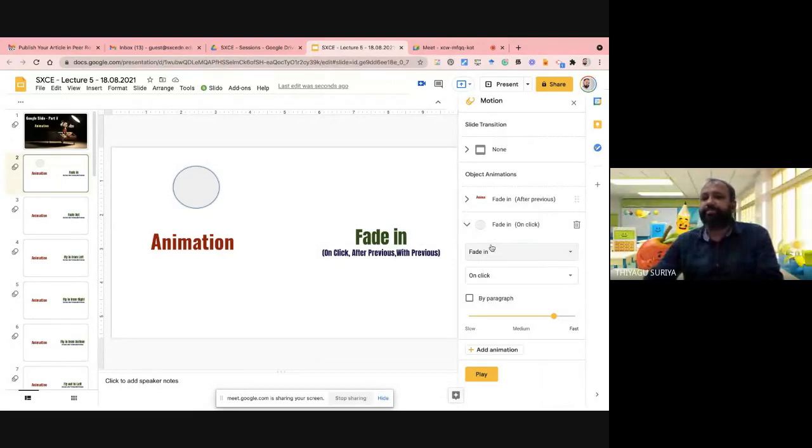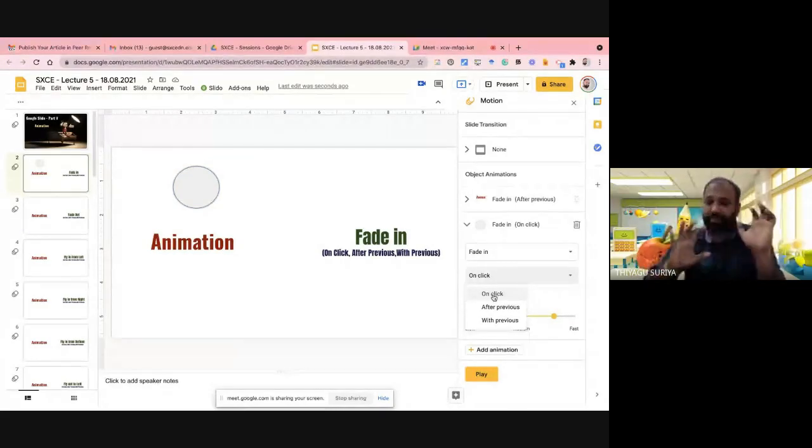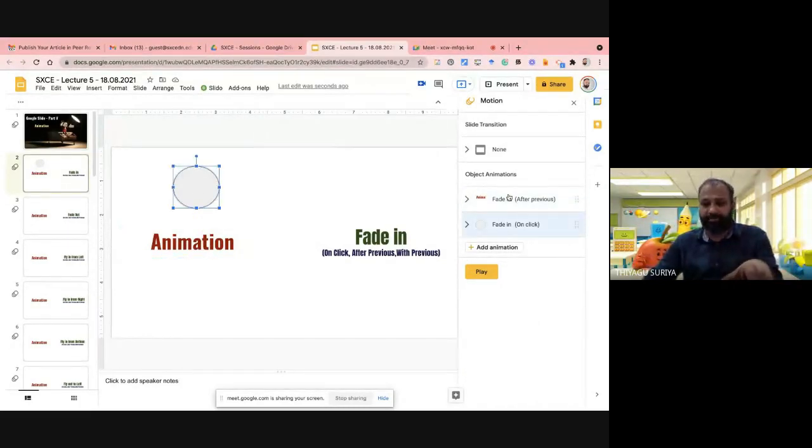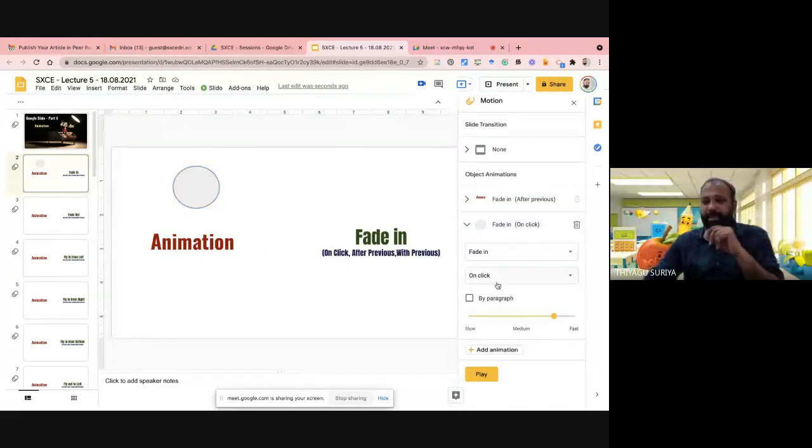Once you press fading, I'm going to discuss what fading means in animations. Once you click the fading, there are three options below: on click, after previous, and with previous. The difference between these: for each animation, as a teacher, once you click the mouse or the keyboard, the animation effect comes out. Otherwise, nothing happens. If you click after previous, for example, I'm already giving the animation for the word animation, so once it's completed, this animation will work automatically. For example, I'm clicking the first one, on click. We can see how it will work.